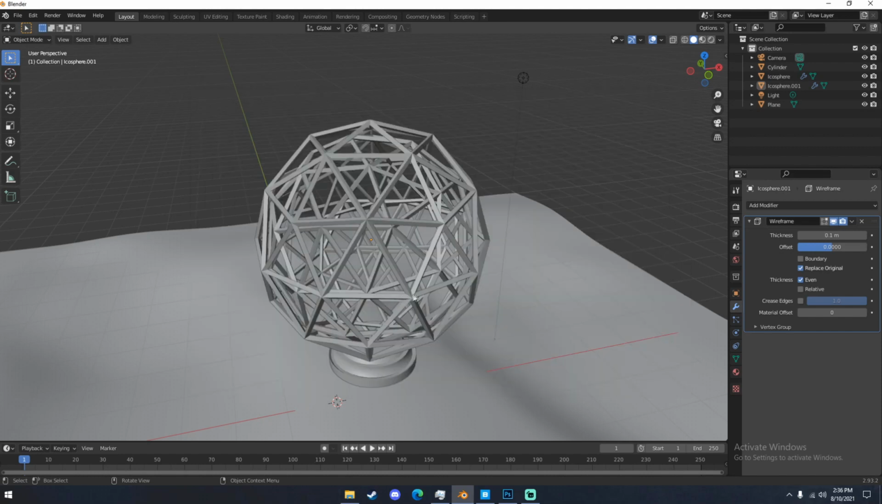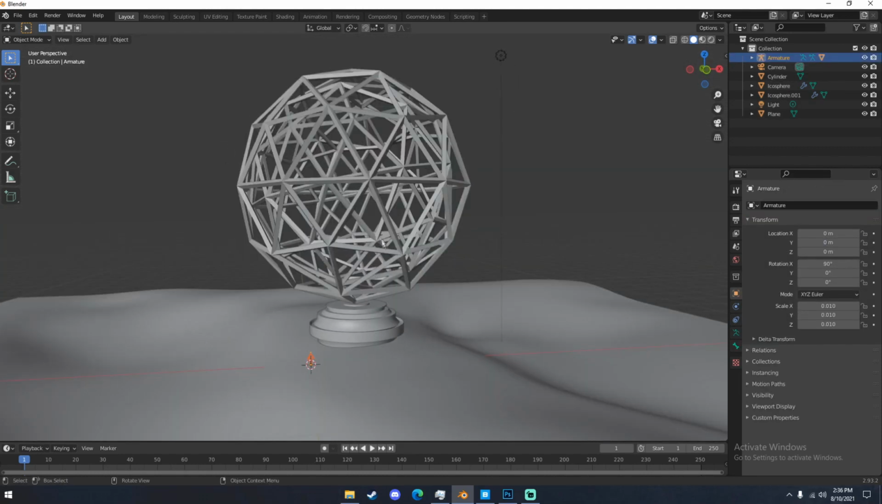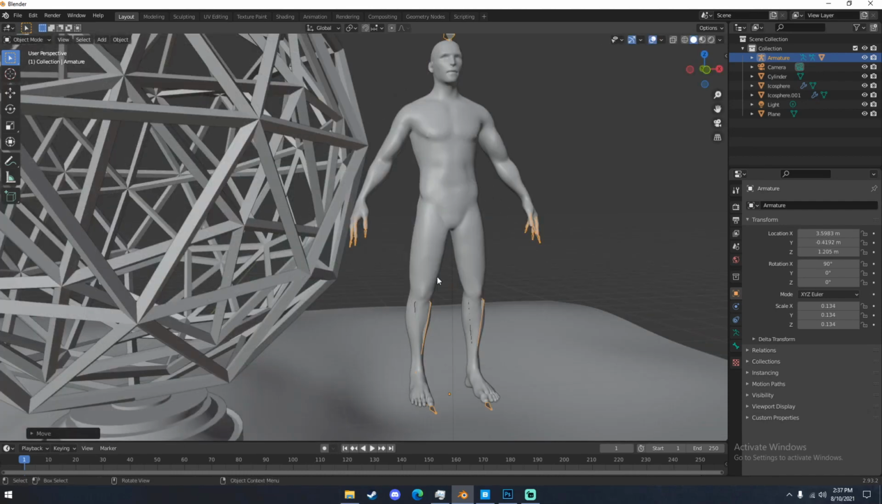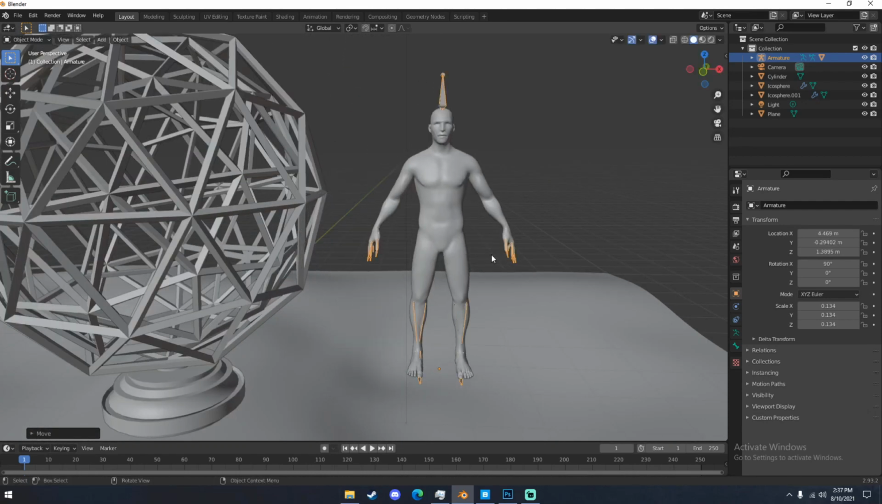I have it right here, and we can see now he's in here. Anything that you do to this human figure, anything that you move, make sure the armature is selected up here in the hierarchy, because the armature is what actually controls the guy. So now what we're going to do is basically put him in a fetal